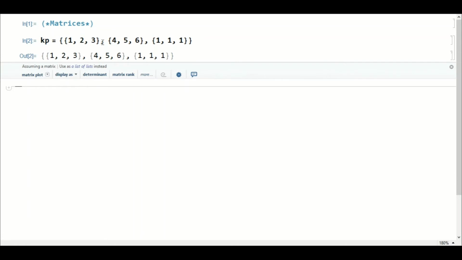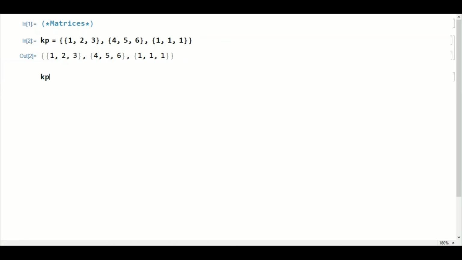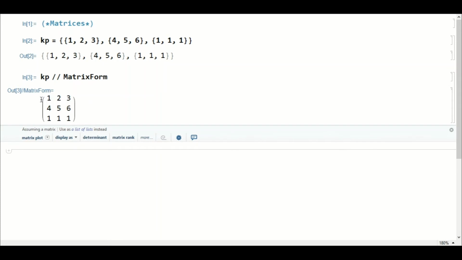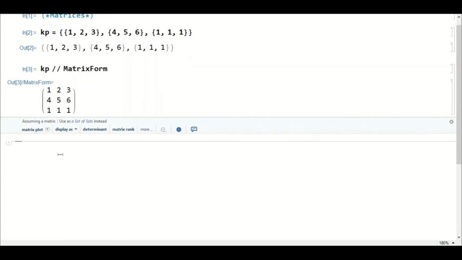So you can see that this is your matrix. A matrix is defined, but this is not the way you are used to seeing a matrix. If you want to display your matrix in matrix form, then you write Kp, which is my matrix, double forward slash MatrixForm. So you can see that your matrix is displayed like this.